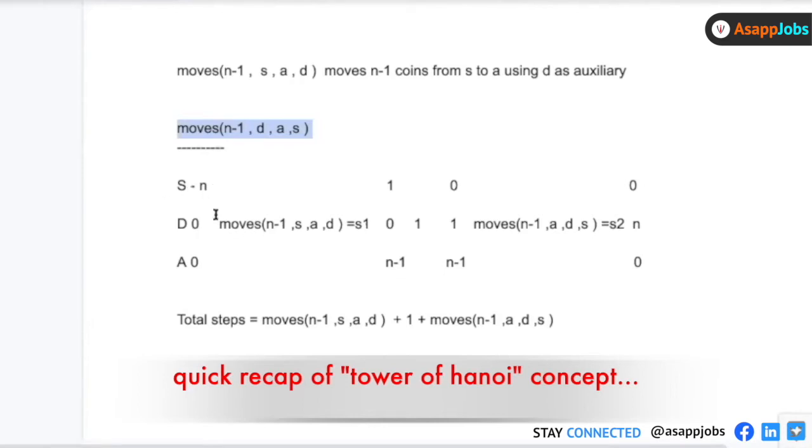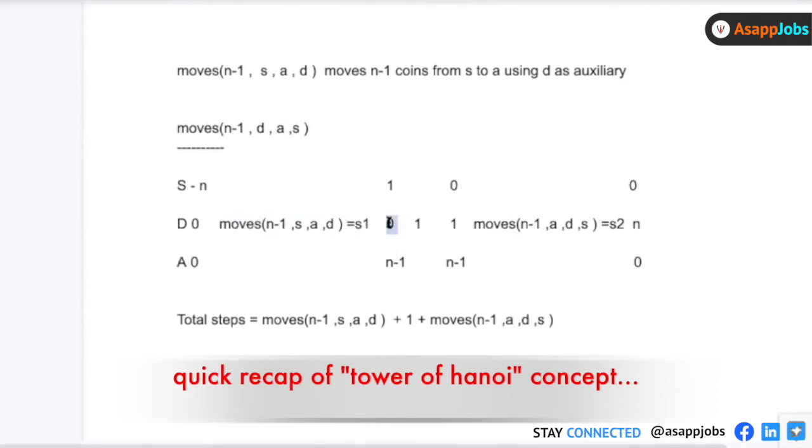So I told it, okay, you do one thing, move n minus 1 points on the top from S to A. So for that, I have to call this method like this. I have to pass n minus 1 points. I have to say that S is my starting point, A is my destination, and D is my auxiliary. So as soon as I call this function, it will return me the number of steps that was needed to do this. So S1 I got. And after this, the state is like this. S has 1 point, D has 0 points, and A now has n minus 1 points, because this would have moved n minus 1 points from S to A using D as the auxiliary. So n minus 1 points have been taken from S and moved to A. D is auxiliary, right?